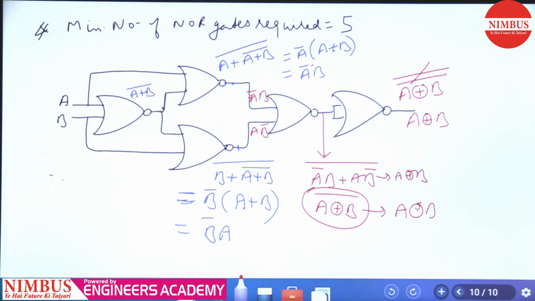After the completion of all gates, means after the completion of the XNOR gate, I am making a table that summarizes the minimum number of NAND gates or minimum number of NOR gates required for each and every gate, right? And that is important. So directly you have to remember the number of NAND gates or NOR gates required for the particular gate.